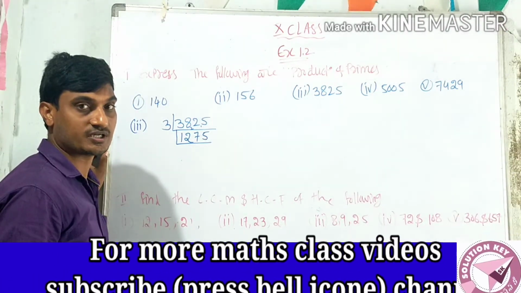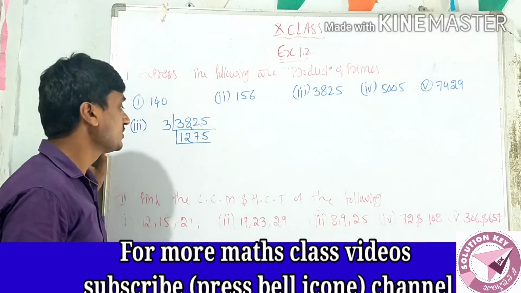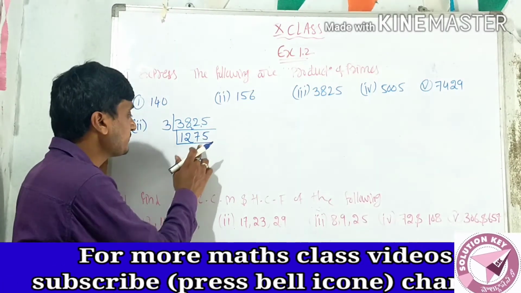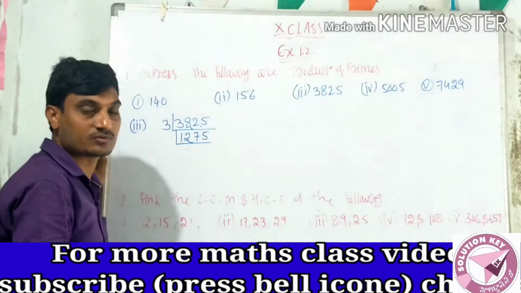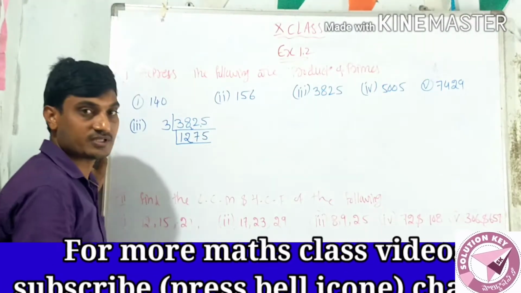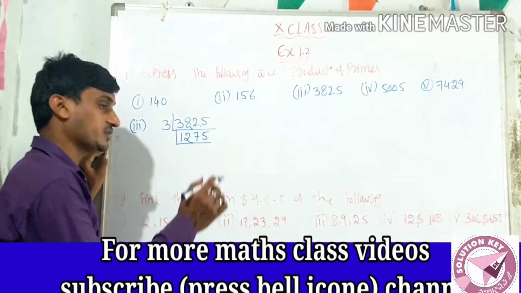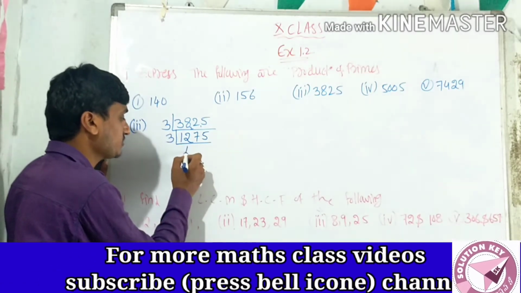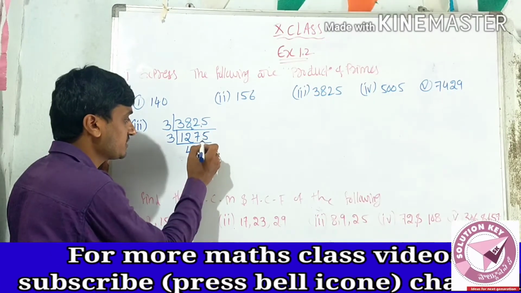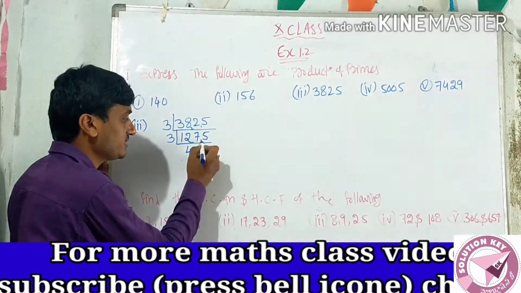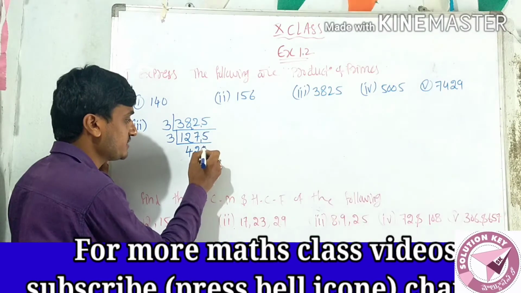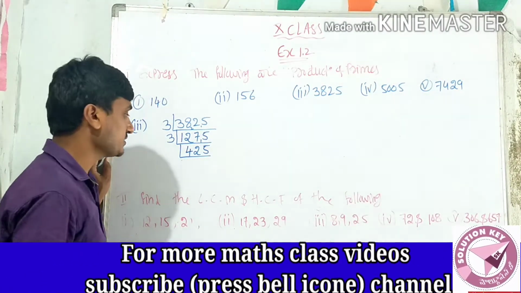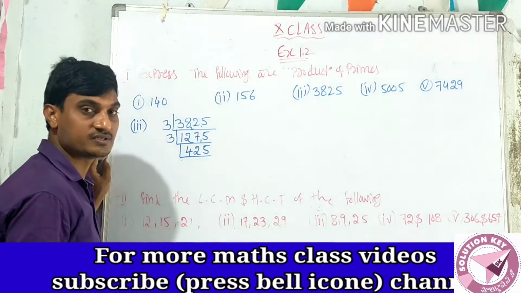Next again you get 5. In that 5, the 2 table is not coming. So then I am going to the 3 table. 7 plus 5 is 12, 12 plus 2 is 14, 14 plus 1 is 15. 15 is in the 3 table. So I am taking the 3 table again. 3 4s are 12, 3 2s are 6, 1 remainder is there, totally 15, 3 5s are 15. Okay.